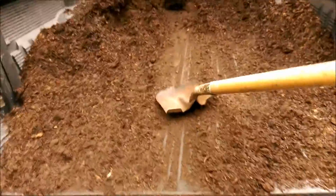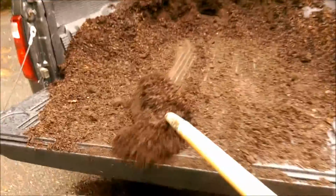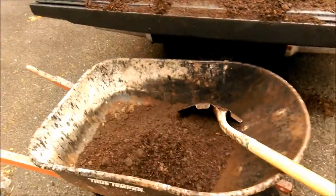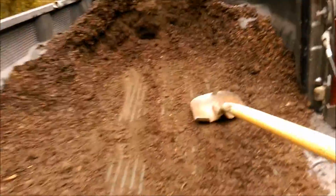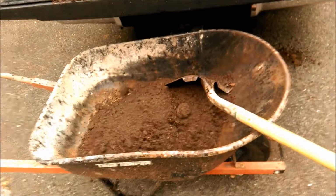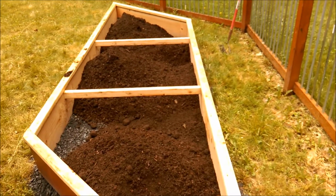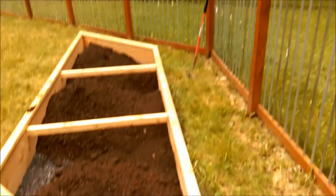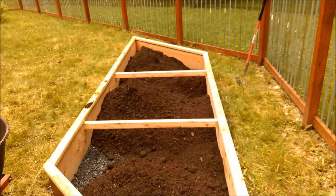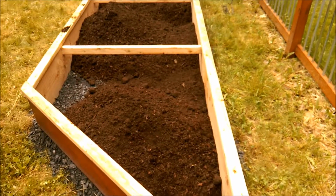Kind of mixes as you go. Yes, I'm doing this one-handed. A few more loads. Certainly doesn't hurt to take the rake and mix up the soil and the peat, that Sweet Peet,